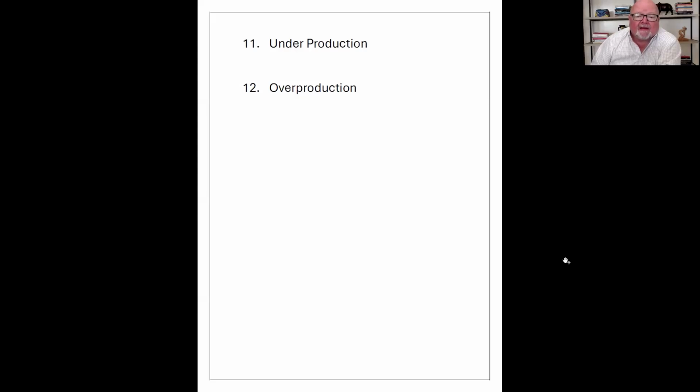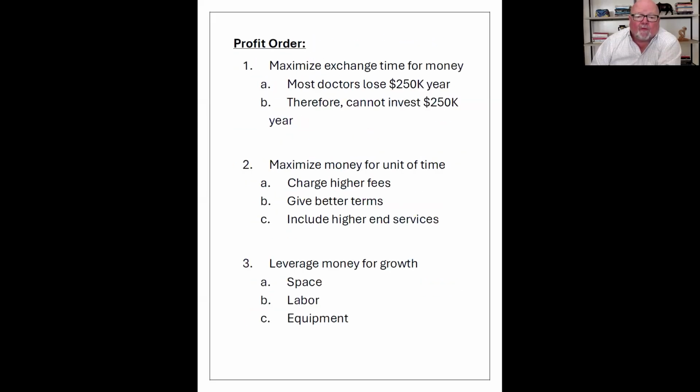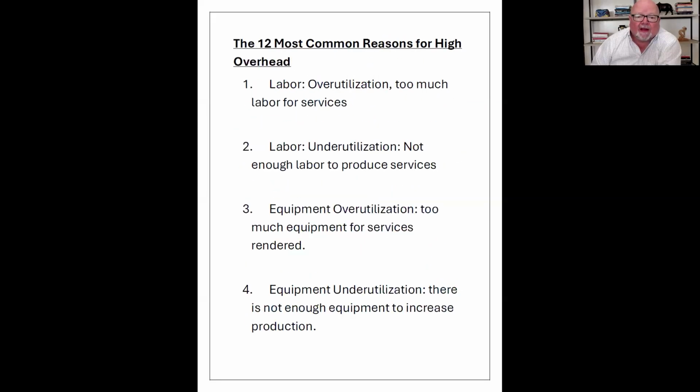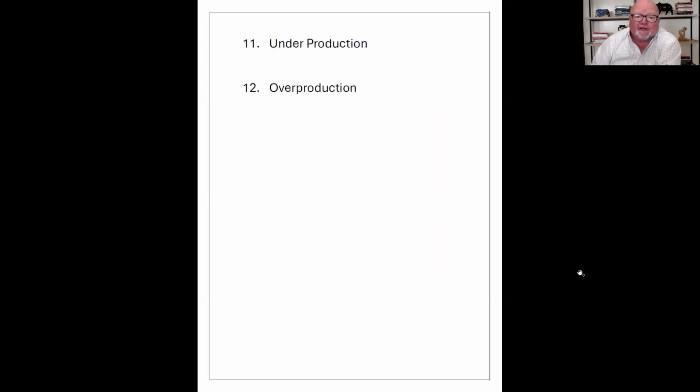And I'd probably say the number 1, 2, 3 reasons for high overhead, the most common is underproduction. Most chiropractors underproduce for their ability and services that they have. Again, the national average is 107 patient visits, and I found the average doctor, after training hundreds of doctors, physically